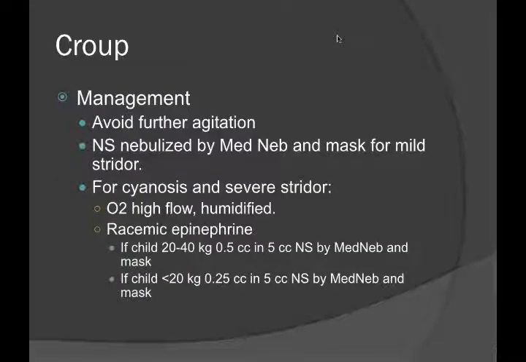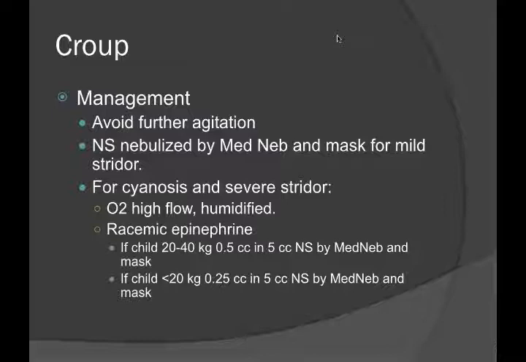So management is directed at avoiding further agitation. If there's mild stridor with agitation, you can use a normal saline neb. The advantage of that operationally for us in the emergency department is that if they have not gotten racemic epi and they're doing well at that point, then we can give them steroids and then discharge them fairly quickly. If someone's gotten racemic epinephrine, we'll monitor them for a minimum of 2 hours to look for rebound